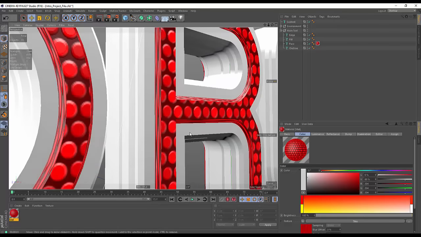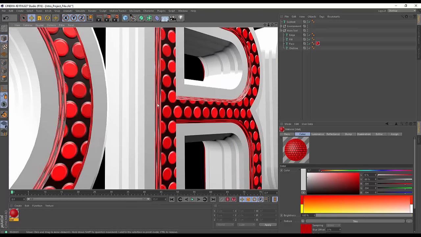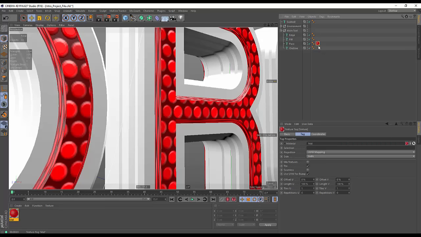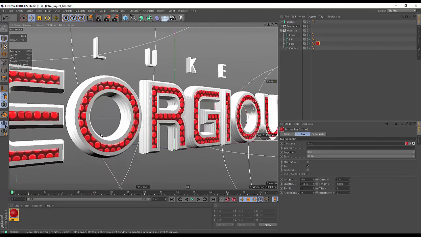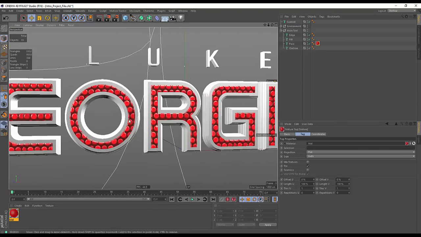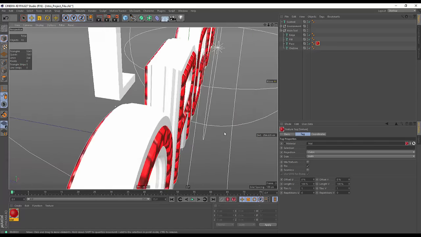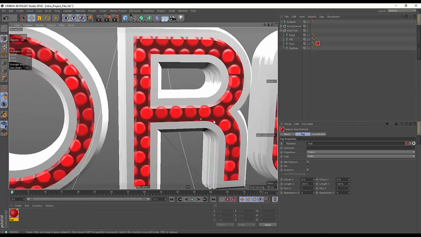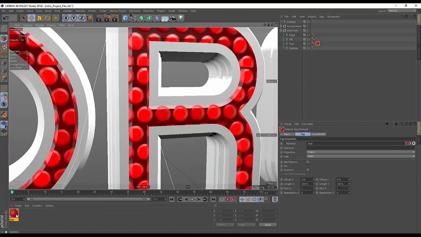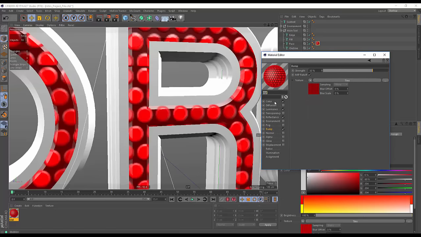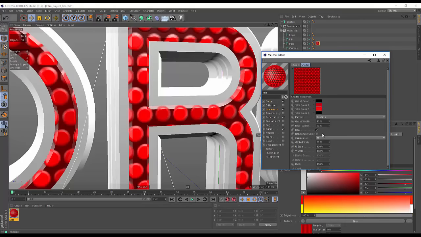Now one thing I've noticed here is that our UV mapping isn't actually correct, as you can see on the side there. So we can select our texture, and on the projection, let's just set it to maybe flat. Flat might work, or let's try cubic. It's not looking too bad. If we go back into our texture,